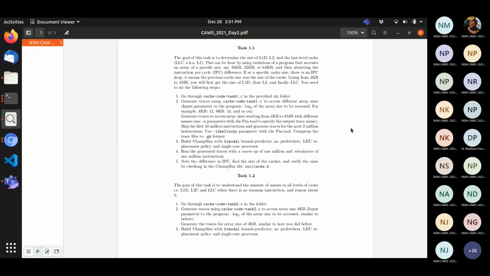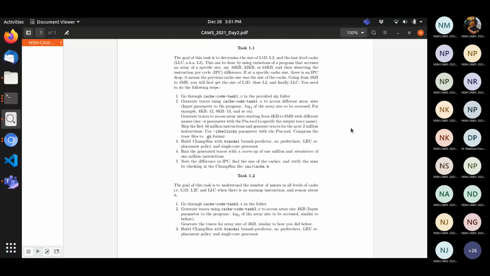For the Hello World one? Yes. That was built successfully. Yeah, so that is all that you need to do for this step as well. You just need to provide the traces of the program that we have provided, and rest everything will be the same. You just build the ChamSim binary and you run it.